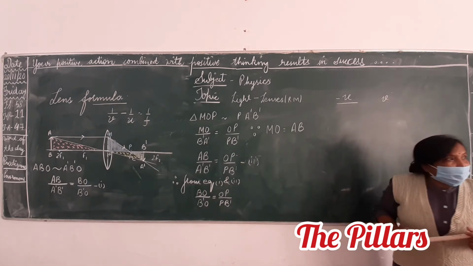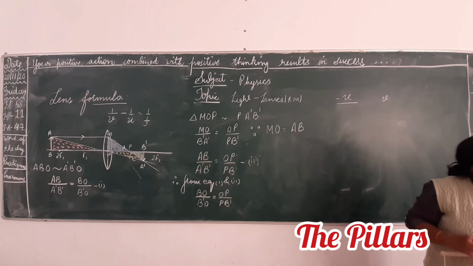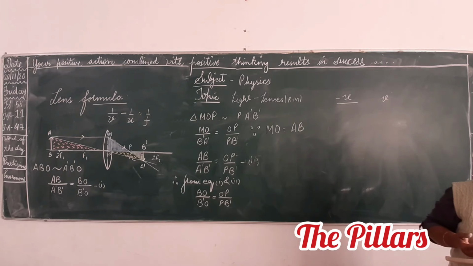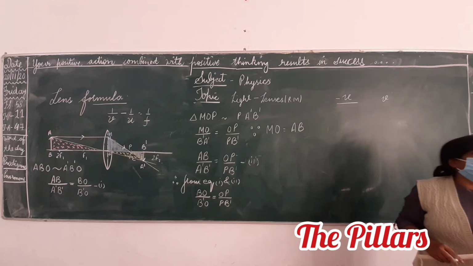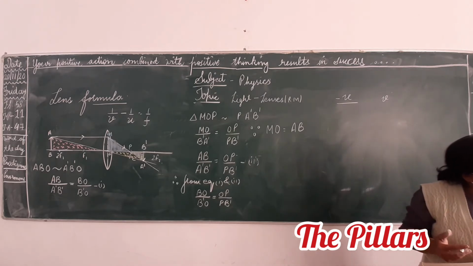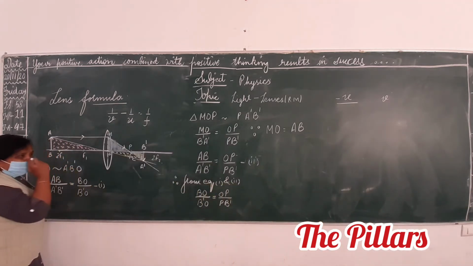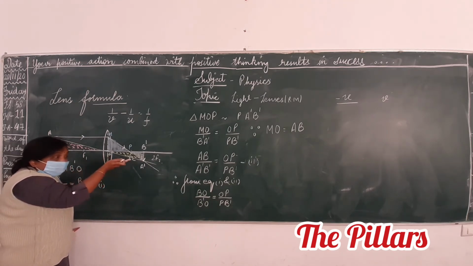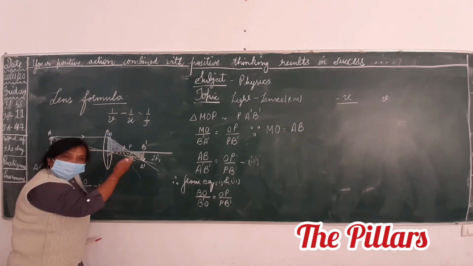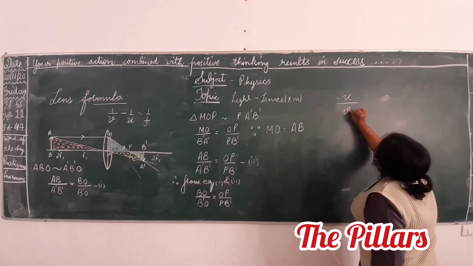Raj, what will be the sign, plus or minus? Very good. Why? Shabash, come on. Because? Can you tell me in Hindi? Can you tell me in English? Any other language? Okay. Because it is in the direction of. Okay. So you will have minus u upon v is equal to.